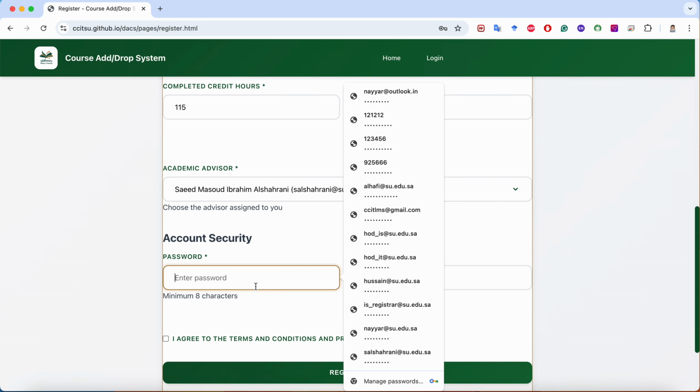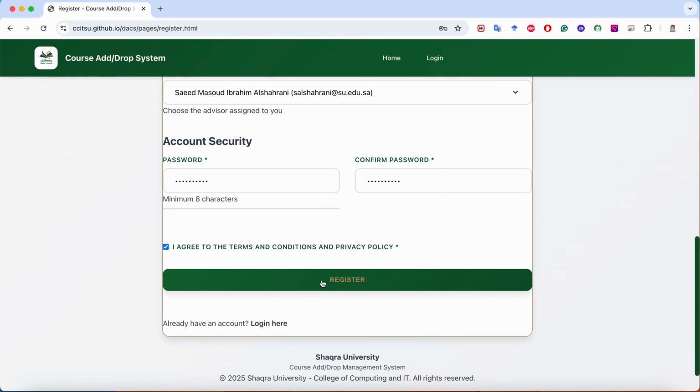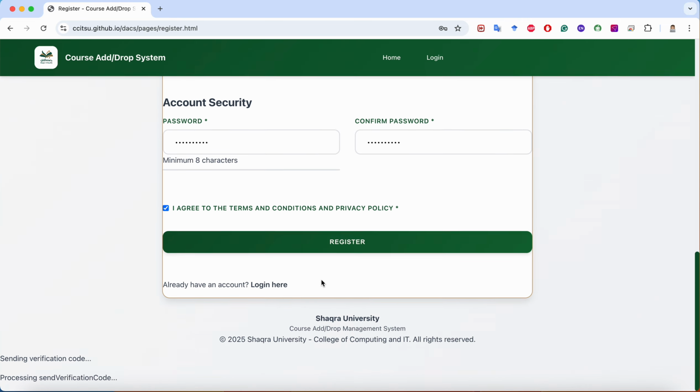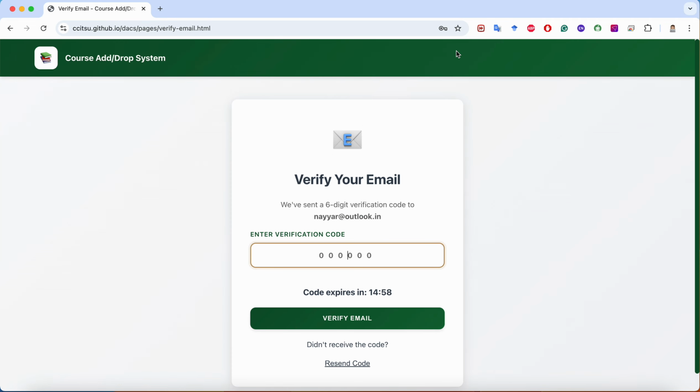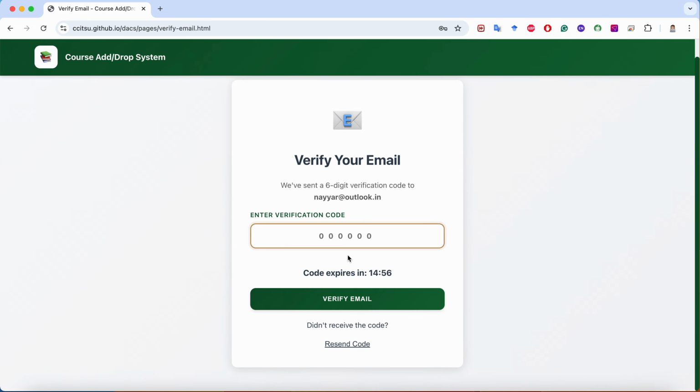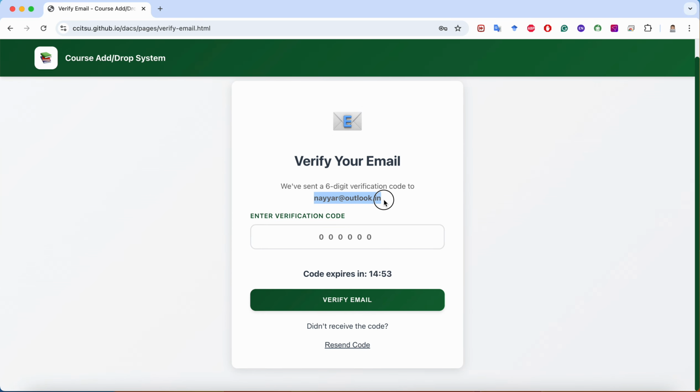So you can see that a verification code is going to be sent for my login. As soon as the verification code comes to me, I will be able to register myself in the system itself. So let's wait till the registration code comes up. Here you have to go back to your email. I have done this part, and my verification code has been sent to my email by the system itself. So let me push in the registration code, that is